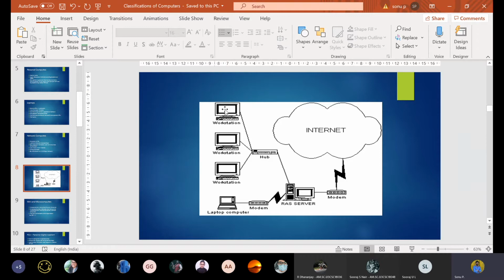Workstations are all connected to a single network, for example our lab network, lab 1, or it can be the first floor lab. We can say that the first floor lab will have 200 PCs. These are all workstations.